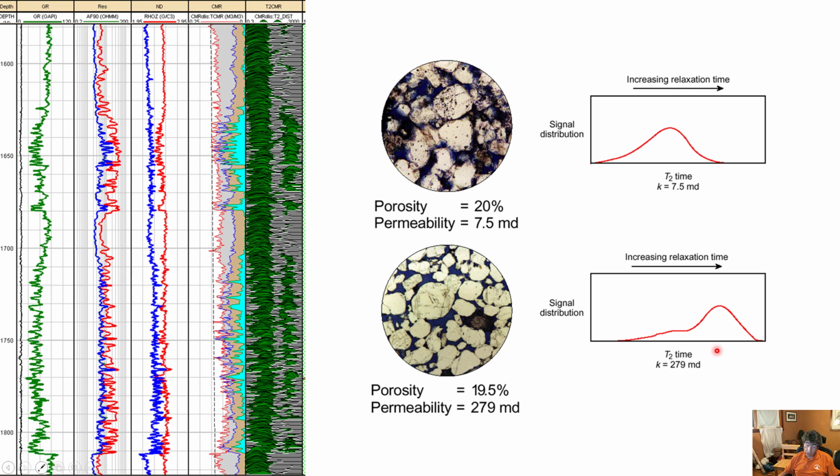And if the rocks are saturated with one fluid, this is telling us that the pore sizes for the rock at the bottom are relatively larger than for the rock at the top, and consequently the permeability is different. That's a beautiful way to indirectly estimate the petrophysical quality of the rocks, and that's possible because of these transverse